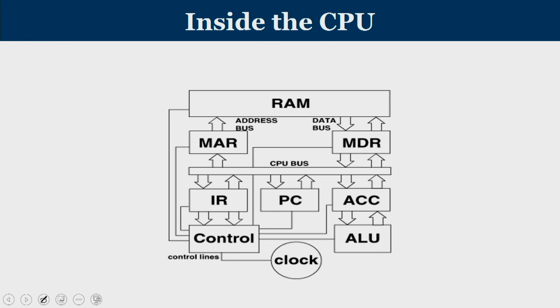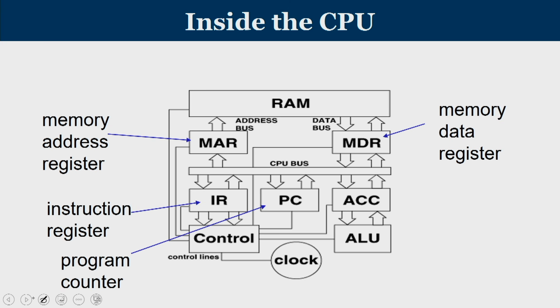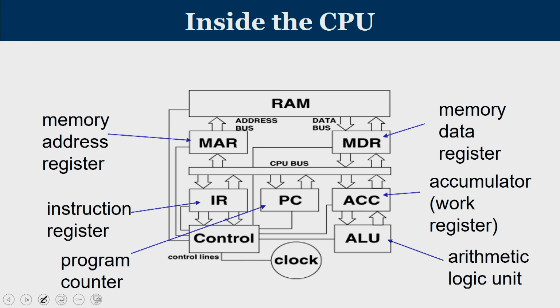Let us try to understand what these operations are. We have a memory address register, then we have a memory data register, then there is a program counter which contains the address of the next instruction to be fetched, and an instruction register which carries the instruction once it has been fetched from the memory. Then you have the arithmetic logic unit which takes care of all the operations, and there is an accumulator, also known as a work register, which is directly associated with the ALU, and it carries one of the operands in the majority of arithmetic operations. And then there is a system clock which is directly connected to all these units to make sure that they work in a coordinated way.